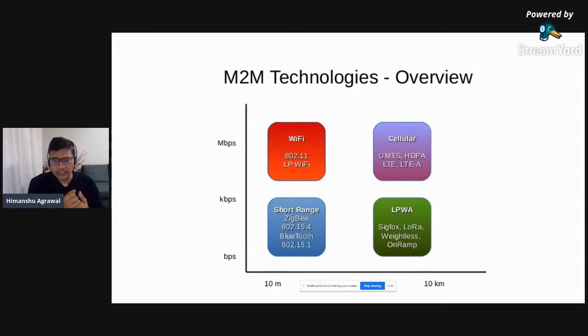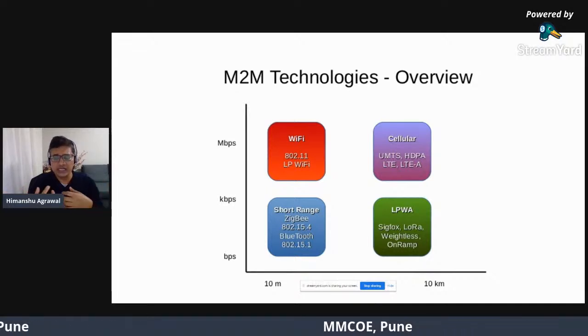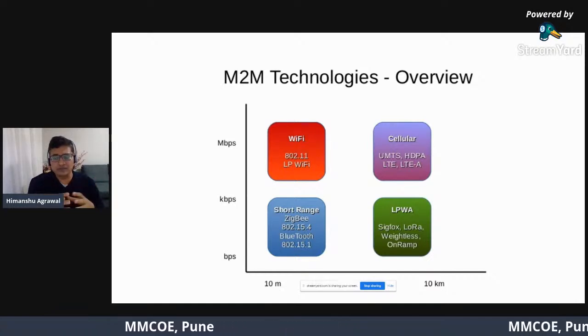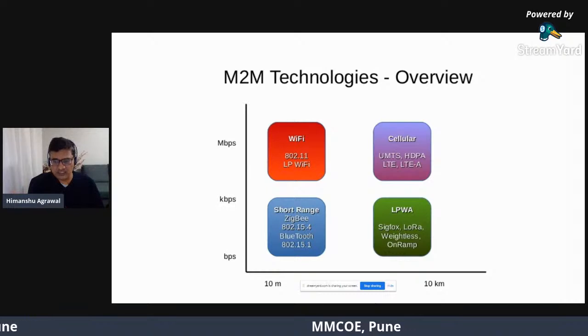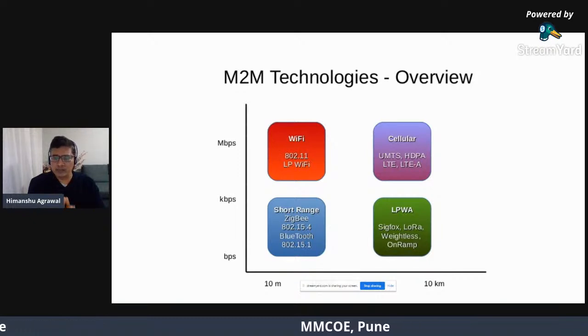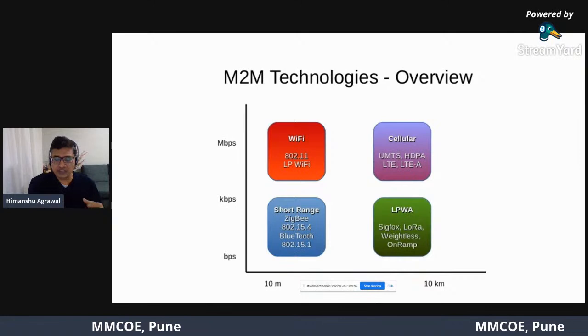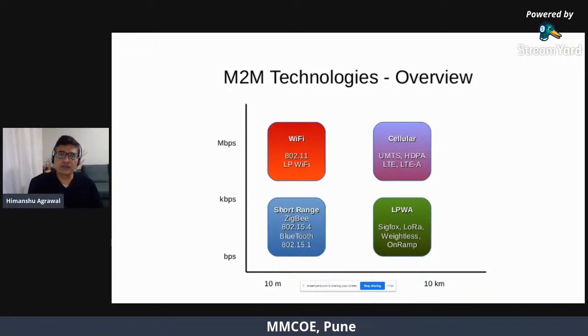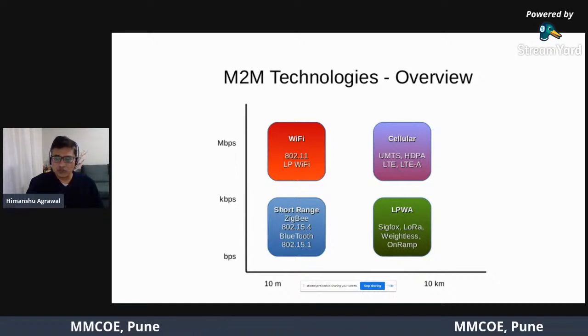So where you have, let's say, hundreds of locations where you want to deploy your sensors, and you want to collect the data from hundreds of such locations, and you want to make your machine learning model to create some value out of this data. So in such cases, you can have this low power wide area networking protocol to make your application cost effective. So you can have a low cost IoT solution for such applications where you have hundreds of sensors collecting data, and you want to apply some machine learning to get some value out of it. Okay.